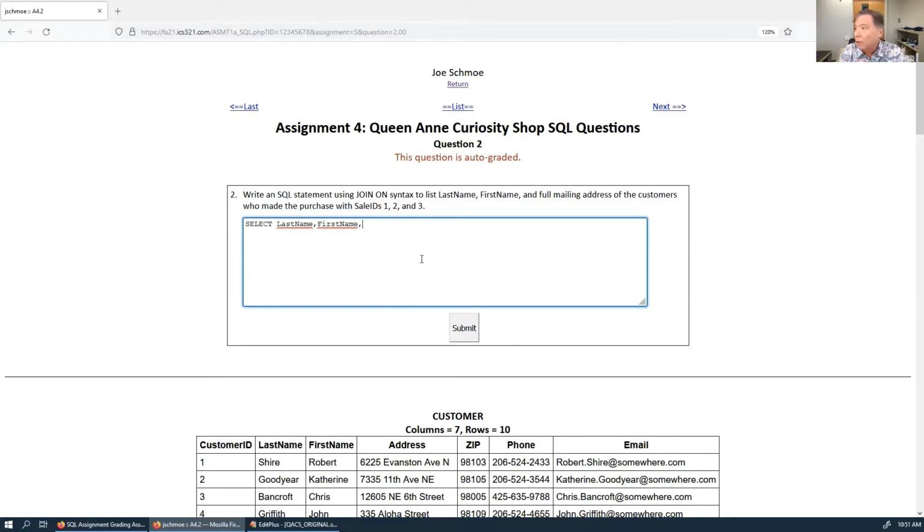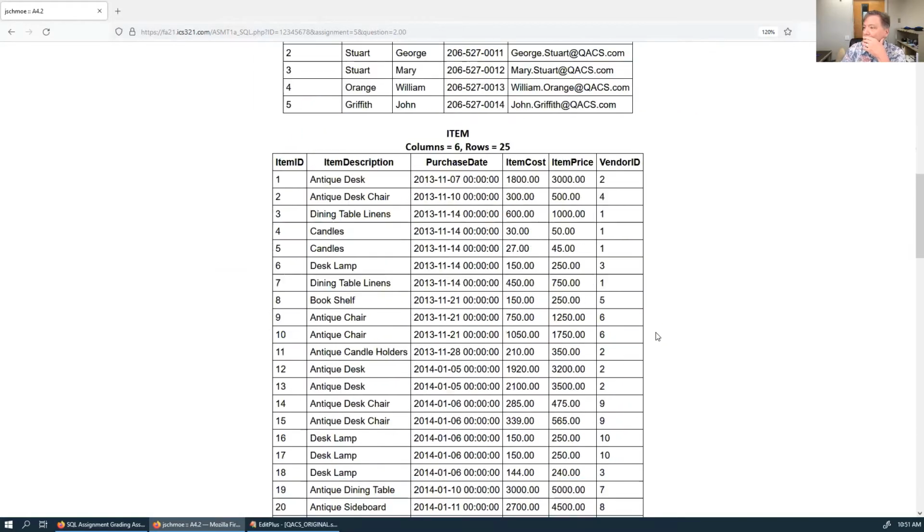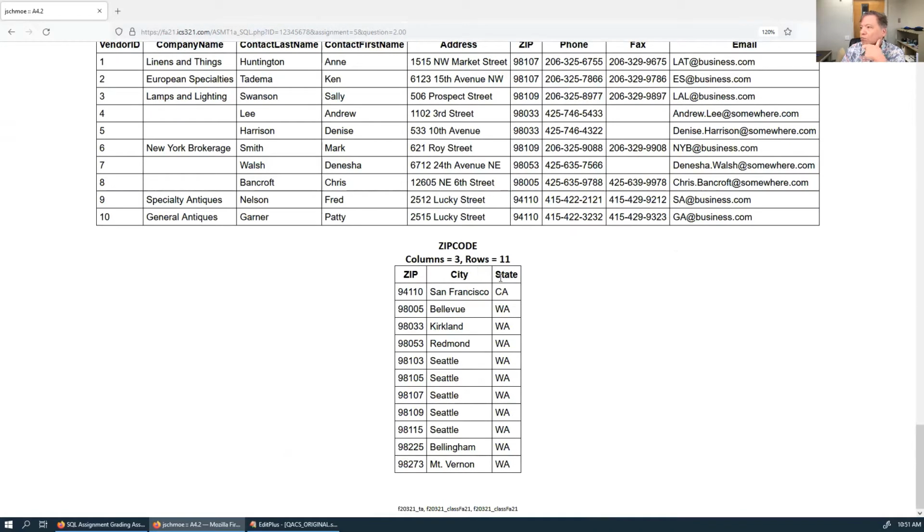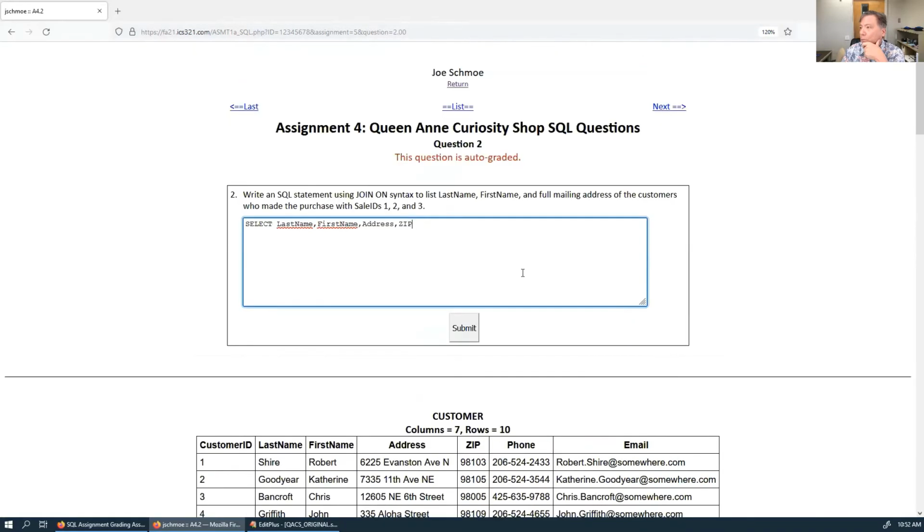Okay, so the full mailing address would be the address and the zip code. And I need the city also. The order doesn't matter, right? But I do need the city, and to get the city, I need to use this zip code table. So, all right, city and state. Put city, state, zip. So I want to select that